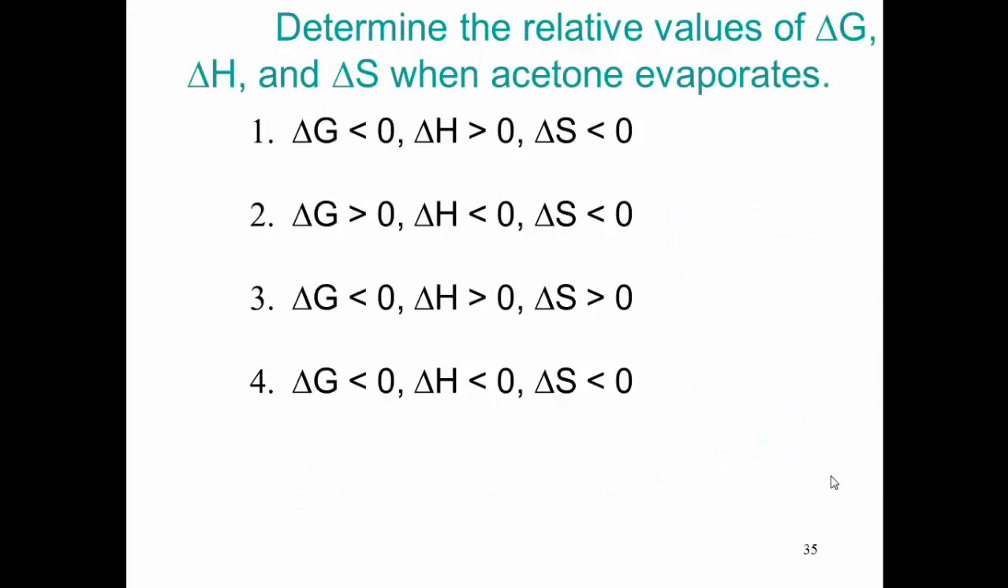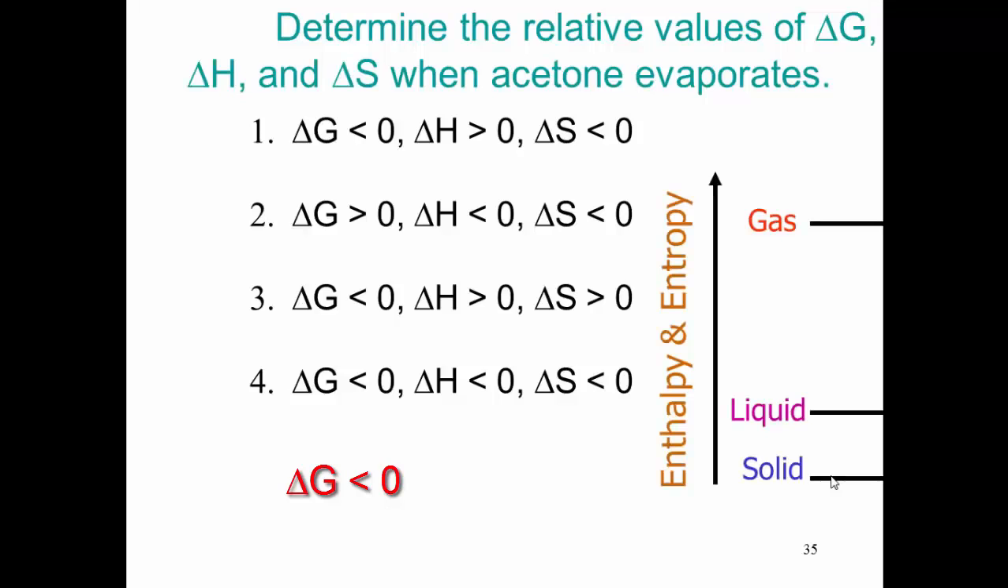Determine the relative values of delta G, delta H, and delta S when acetone evaporates. Once again, something spontaneously is happening. So delta G has to have a particular sign. And here's our diagram. Acetone evaporating, that would be going from liquid to gas. So which way does our arrow